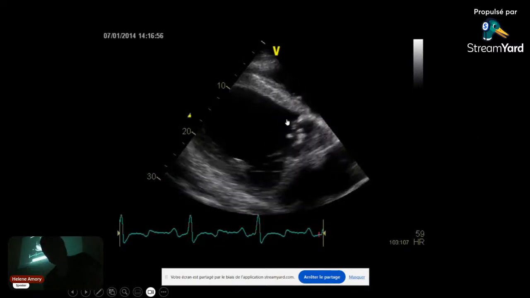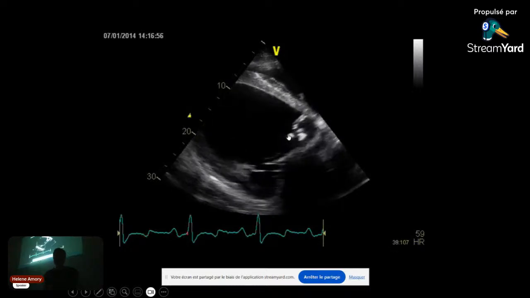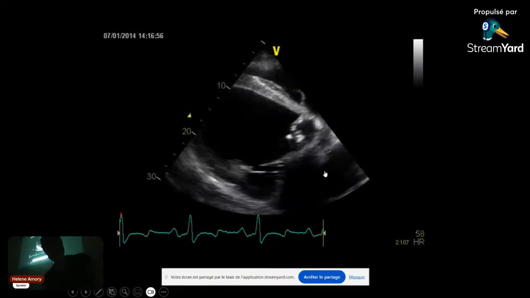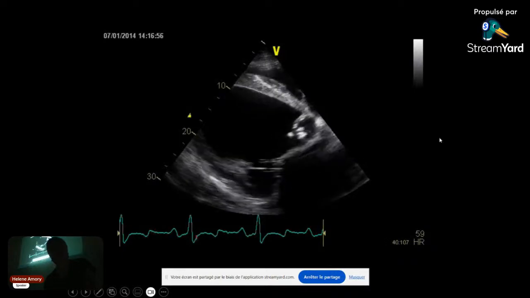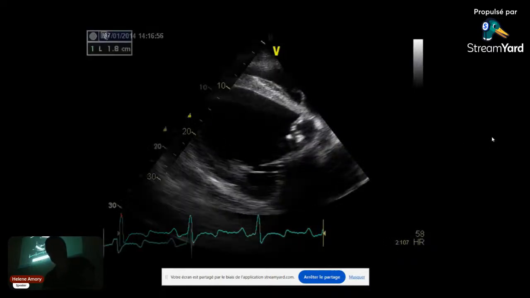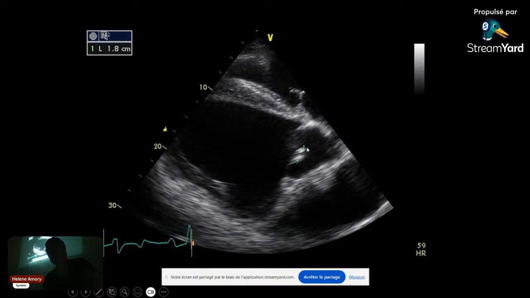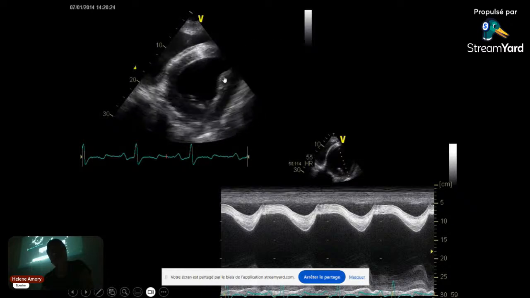That's again the view of the valve with a strange direction, but we see there is something wrong with this valve. The thickening is a little bit suspect of an endocarditis. Okay. Again, if we stop the view and measure those masses, it's 1.8 centimeters. It's a lot for just a valve, you know. There is a suspicion of endocarditis.